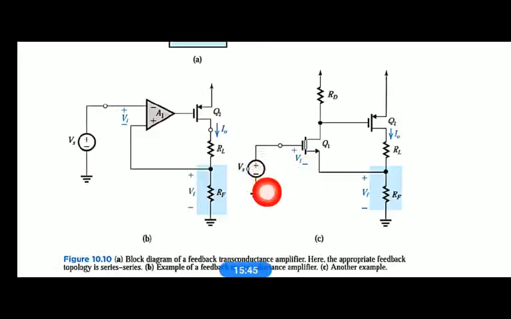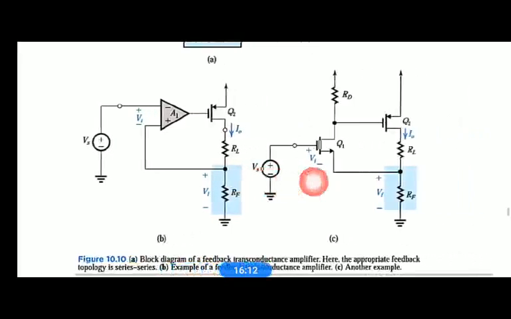Similarly, if you increase the Vs, you can see this loop here. From this loop it is clearly showing that Vs is the sum of Vi and Vf. If you apply KVL for this loop, Vi, which is the gate to source voltage of transistor Q1, is equal to Vs minus Vf. So when Vs is increased, this Vi is increased. When Vi is increased, the N channel FET will conduct more, hence more current will flow here.